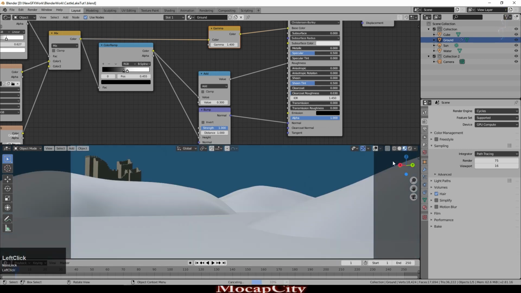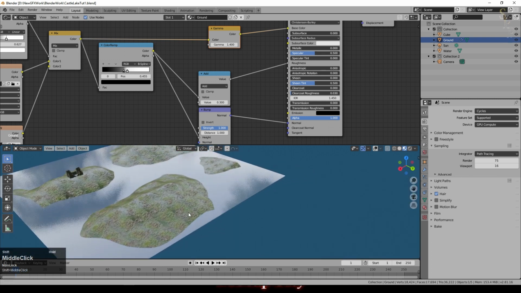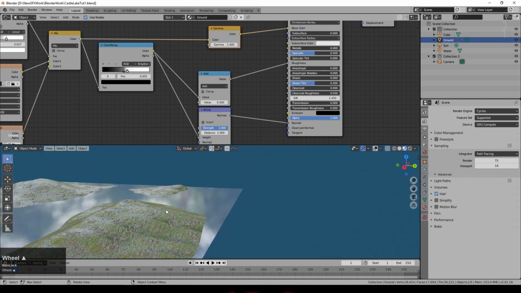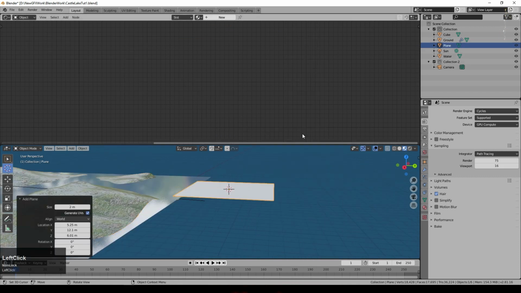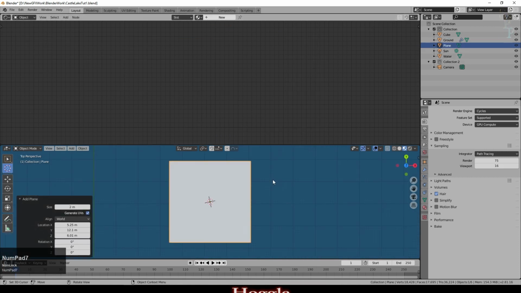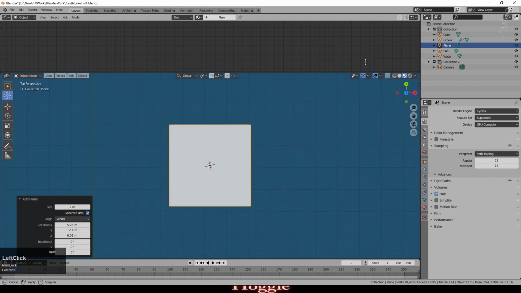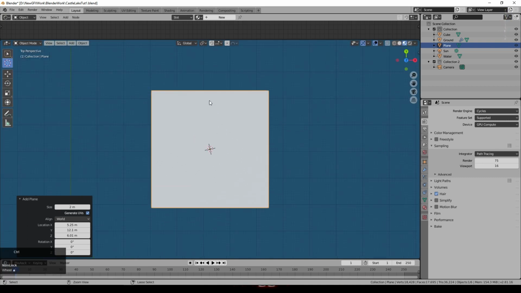So we'll go back to simple preview mode and we'll come over here. You can see you get quite a good representation of what the textures are going to look like and so on with preview mode, and that's because it's using the Eevee engine. So I'm just going to put my cursor over here, somewhere out of view of the scene. Need to turn my overlays on over there, and I'm going to add a plane. I start a lot of things using planes because they're nice simple objects. We'll move this out of the way for the moment.